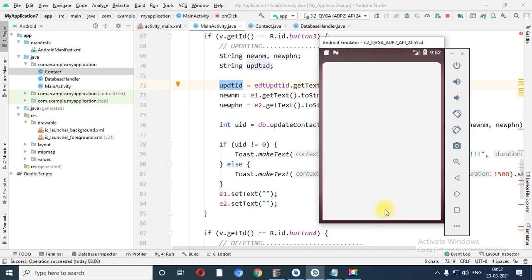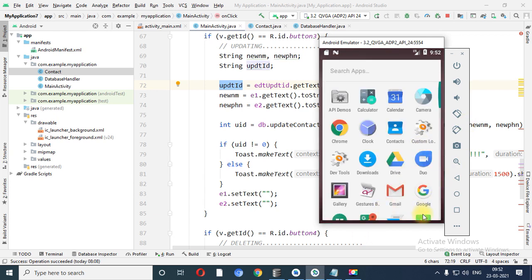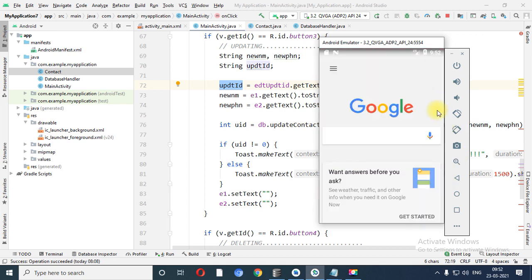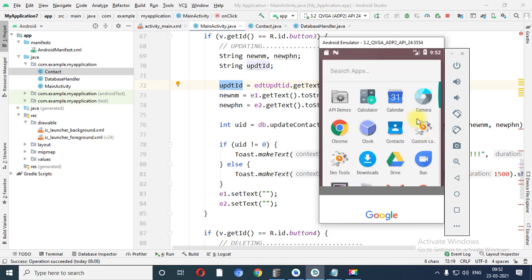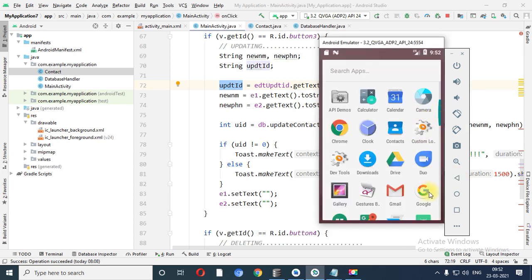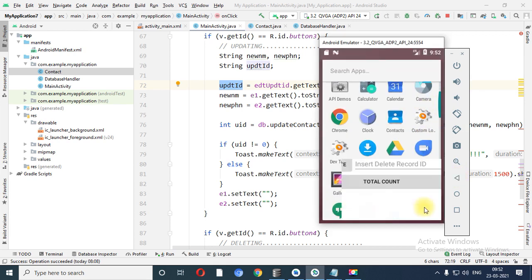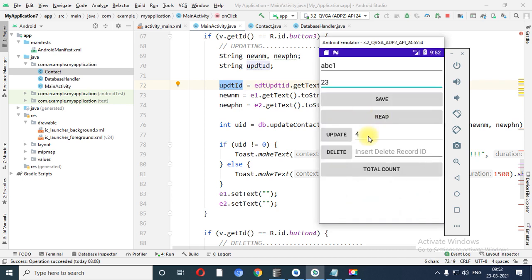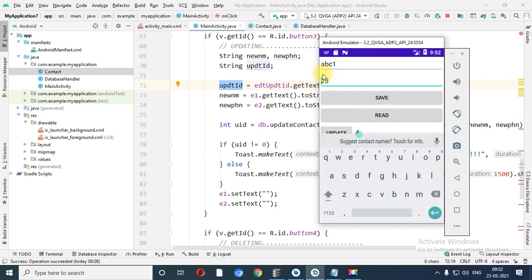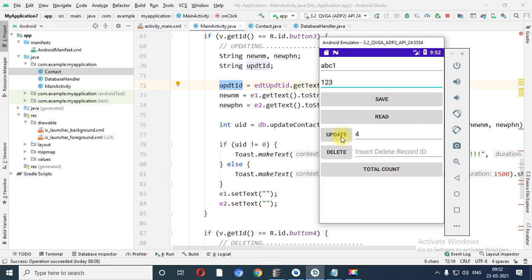Wait for 2 minutes. Shortcut key I have defined. So 4 number 1, 2 and 3. So now what happens?